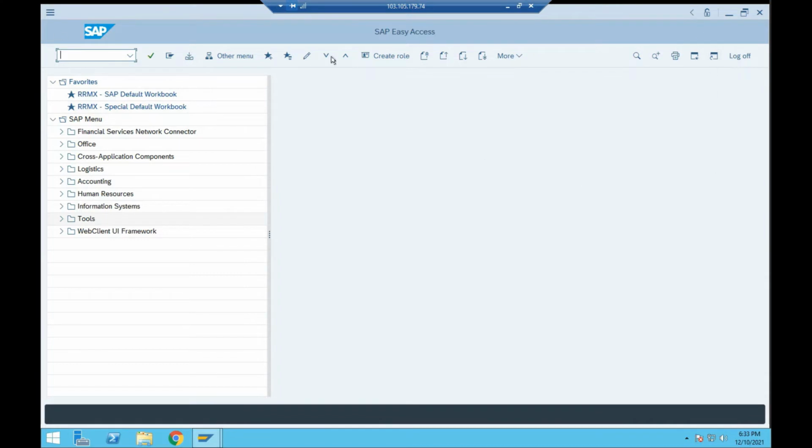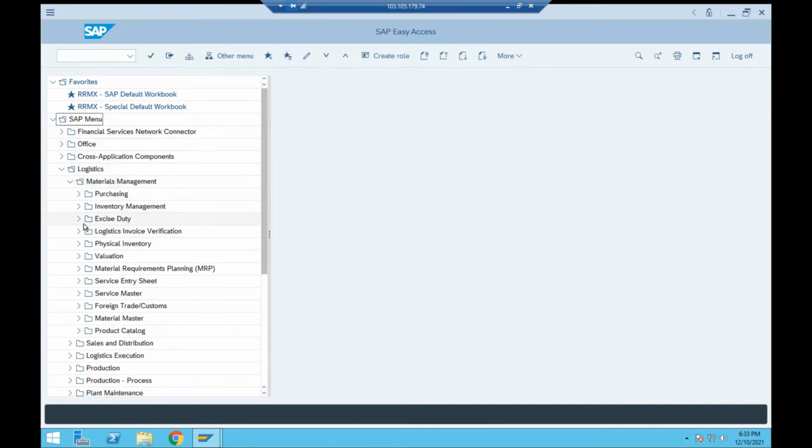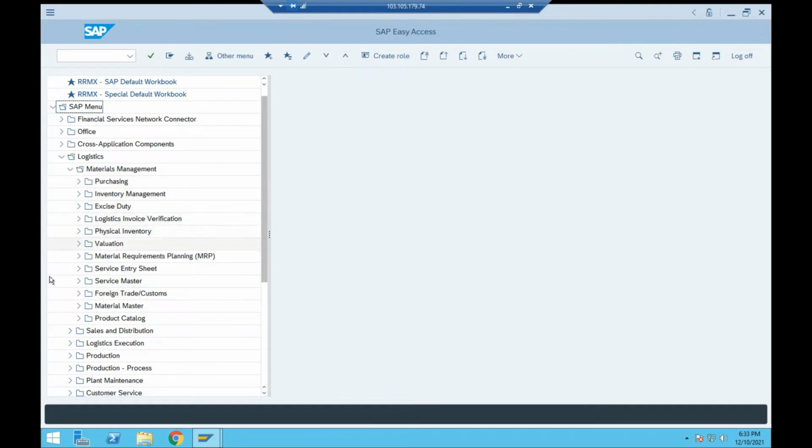Coming to the SAP system, we have two views. One is the end user view, which is SAP Easy Access. What we see now is SAP Easy Access. This is what the end user uses. Daily business transactions are done in this end user view.